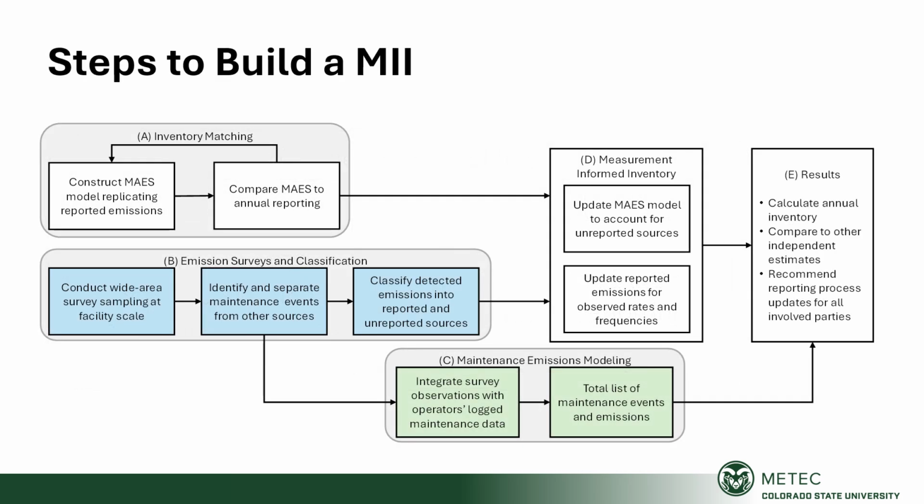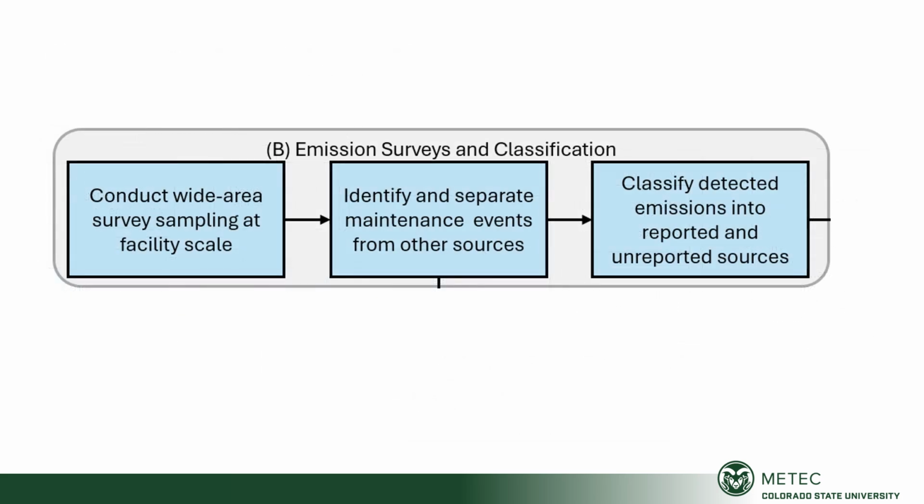In the emission survey and classification step, step B, comparing top-down survey data to operator records and other data typically identifies maintenance events that were detected by the survey. Since most survey methods cannot accurately measure highly transient maintenance emissions,